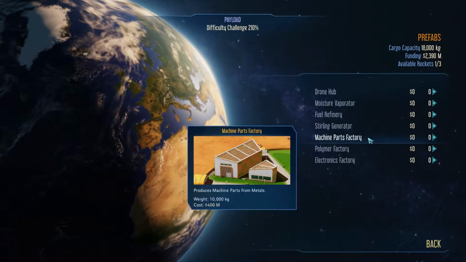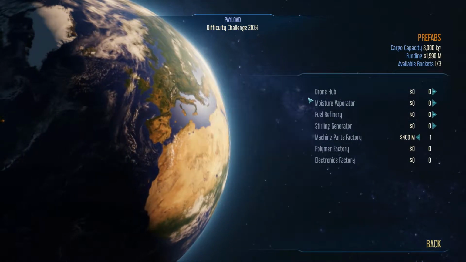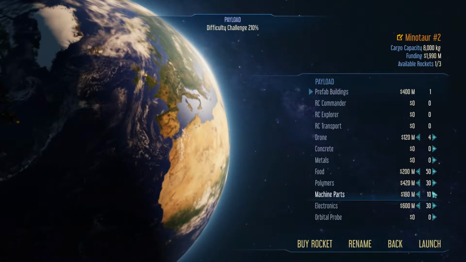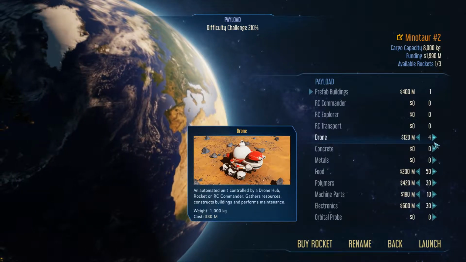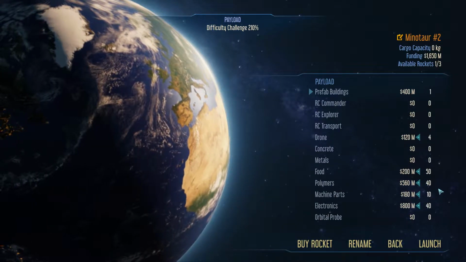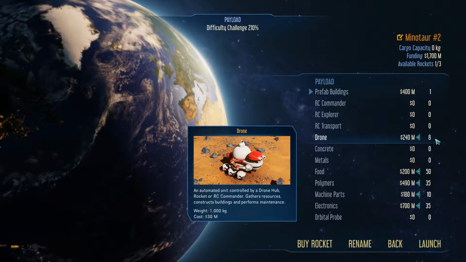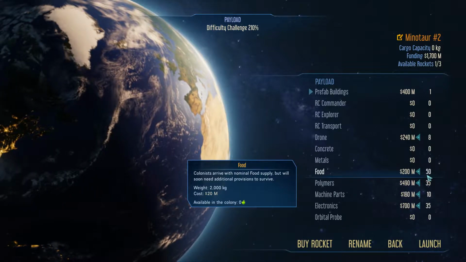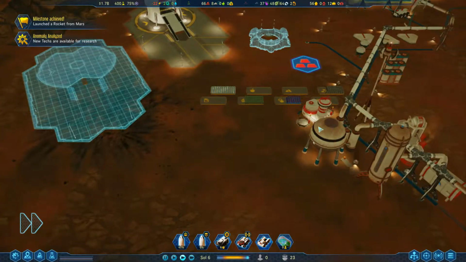And instead of one machine part factory, so we can start making those ourselves. Since we can't make drones right now, send us a whole bunch more of those. Yeah, I mean, it'll leave us with very little funding, but after this, all we need to do is start